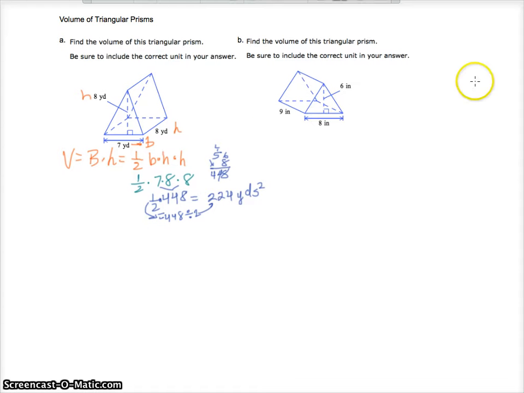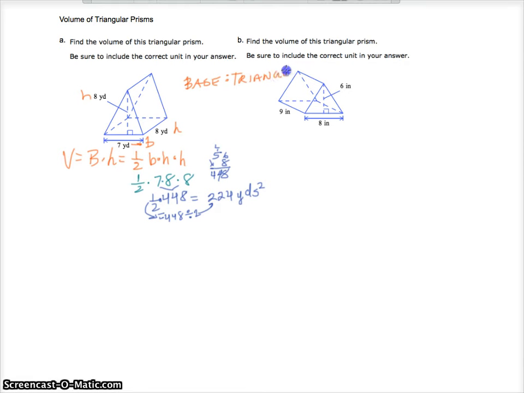Let's look at the second example. Letter B asks us to find the volume of the rectangular prism and to include the correct unit in our answer. So here, again, we have a triangular prism. It's a triangle. Our base shape is a triangle. Let's make sure we note that. The base of this shape is a triangle,